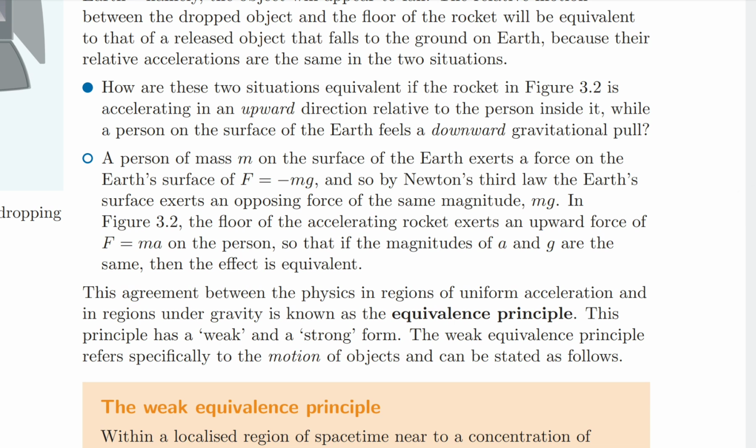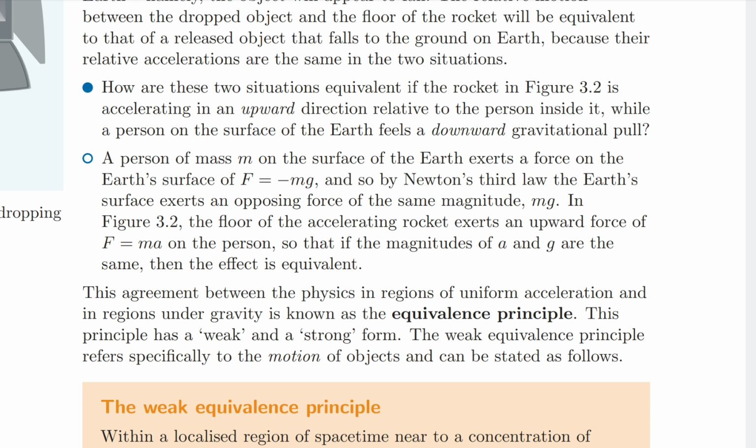Question: how are these two situations equivalent if the rocket in figure 3.2 is accelerating in an upward direction relative to the person inside it, while a person on the surface of the Earth feels a downward gravitational pull? Answer: a person of mass m on the surface of the Earth exerts a force on the Earth's surface of F equals negative mg, and so by Newton's third law, the Earth's surface exerts an opposite force of the same